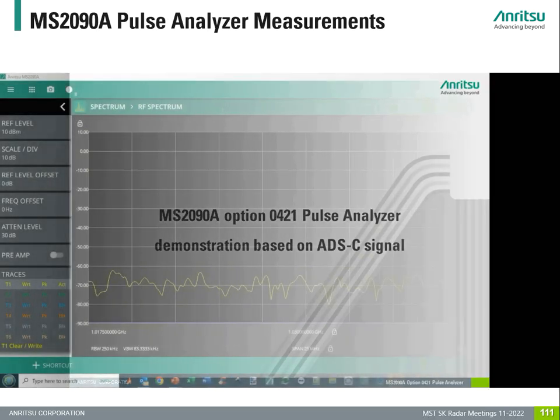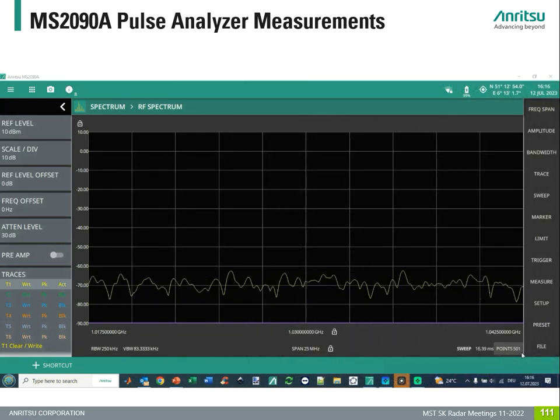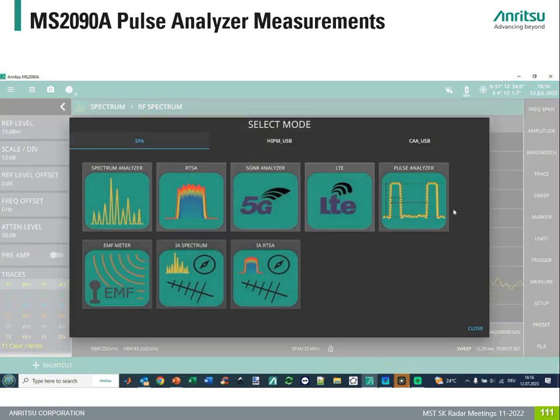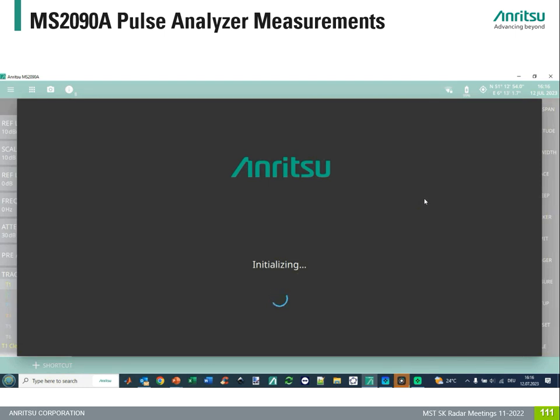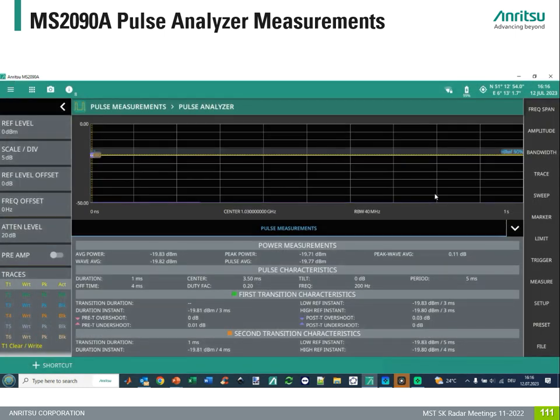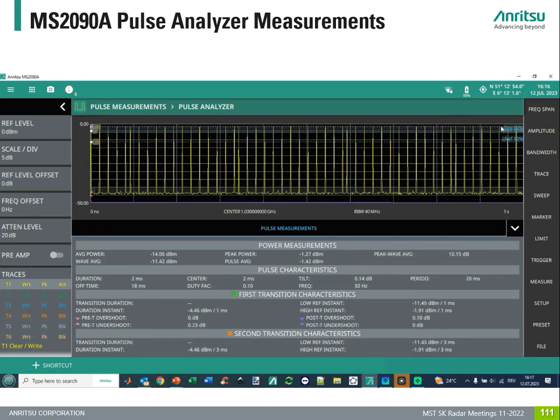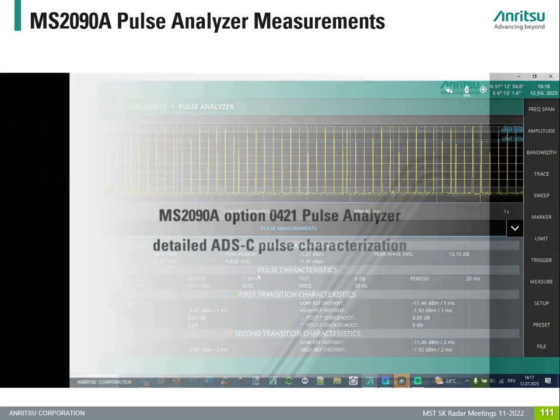Finally, we are presenting again our ADS-B mode C signal in a short video demonstration. We can see a pronounced CW-like signal at 1030 MHz and adjust all parameters in a way to see the signal in a good shape. After switching to option 412 pulse analyzer, we are seeing firstly again the previous -20 dB carrier. Immediately after switching on the modulation on the radar transmitter, we see within a default time span of 1 second